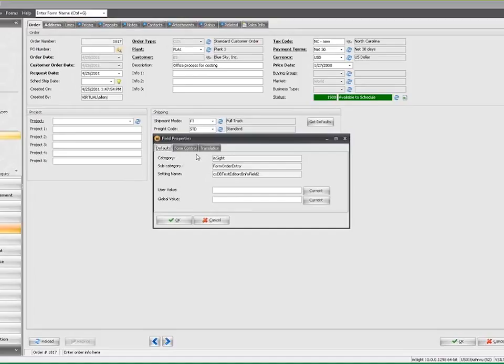So I can assign default values. I can type in either my username or globally. I can implement form controls. So if I simply give this field a description,